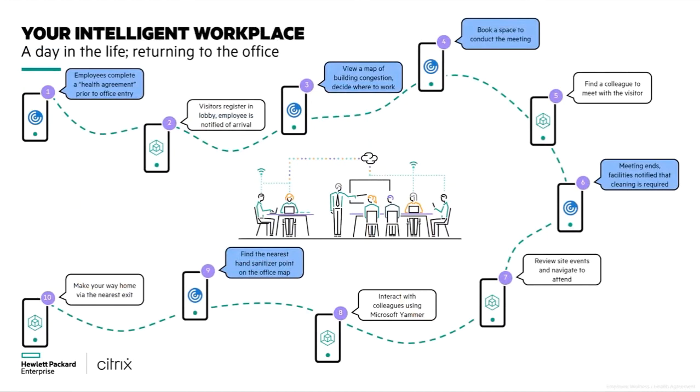Now I want to walk you all through a day in the life interacting with this combined solution. I'm going to show you screenshots of the integrations with Citrix Workspace. Where you see a non-Citrix Workspace logo, that is the wider HPE solution, and some of those touch points are not currently available as microapps, but it's something we're of course continually looking at based on the needs of our customers. So if I start off my day as an employee, I'm going to complete a